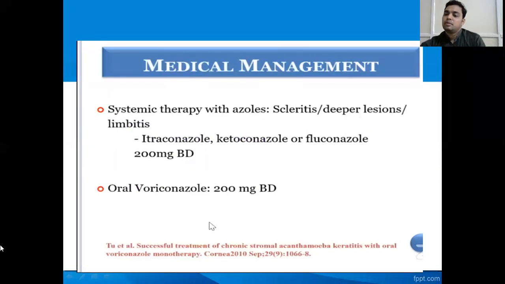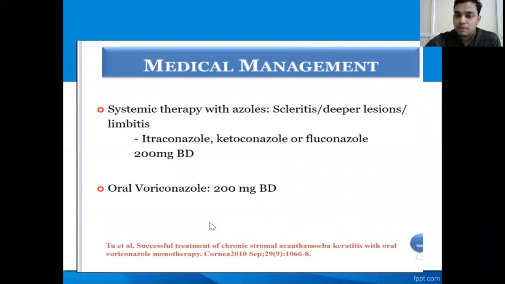So in acanthamoeba, what you have to remember is the patient will have severe pain because of the radial keratoneuritis, that is infiltration of the corneal nerves. The corneal nerves are enlarged, and the patient has severe pain which is out of proportion to the clinical findings. First, the epithelium is involved as a punctate or linear keratitis and pseudodendrites.